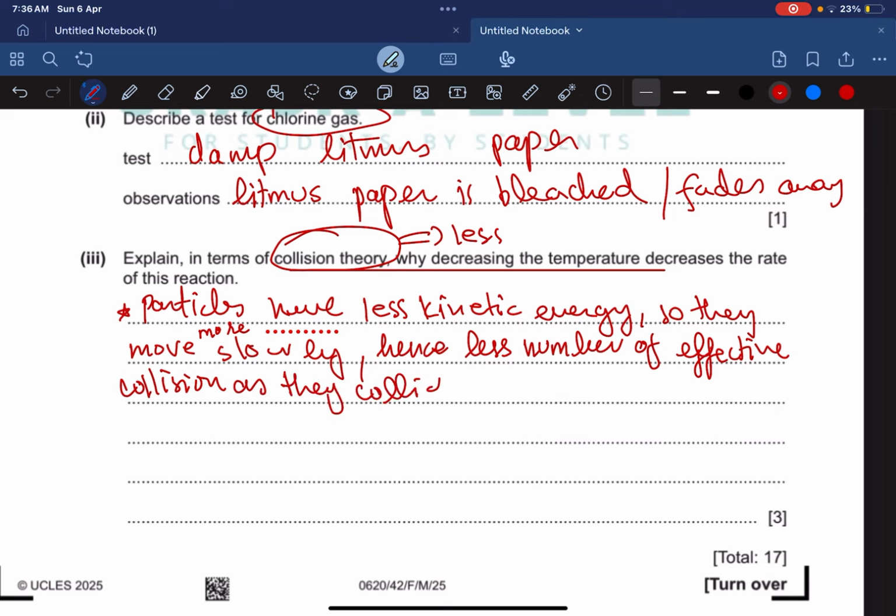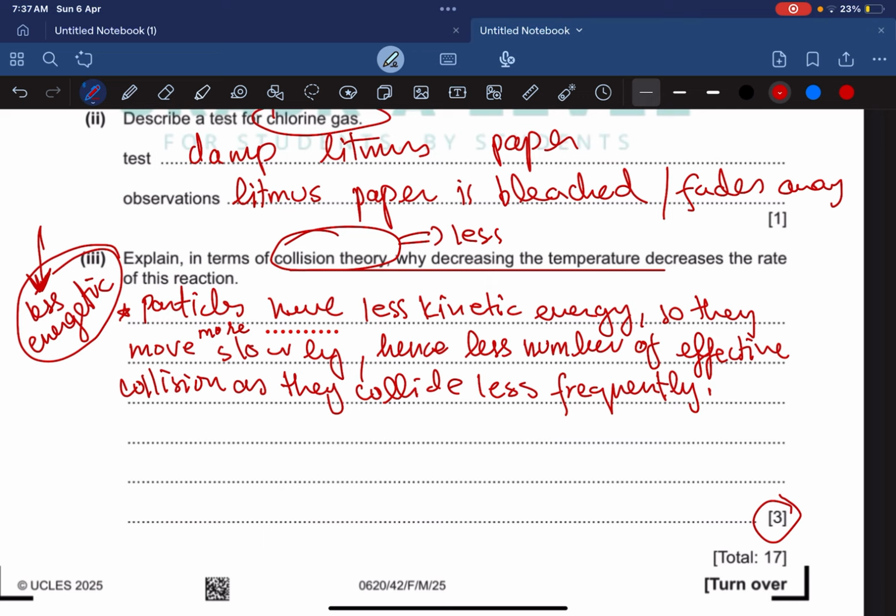Acha, this is your 1 point, and in order to get all 3 marks you have to write another point. That is basically when you decrease temperature, what basically happens is your particles become less energetic, and when particles become less energetic, less particles have energy equal to or greater than the activation energy. That means less frequency of effective collision. Okay, this is a very important point. Okay, learn this point. When you decrease temperature, less particles have energy equal to or greater than activation energy, and